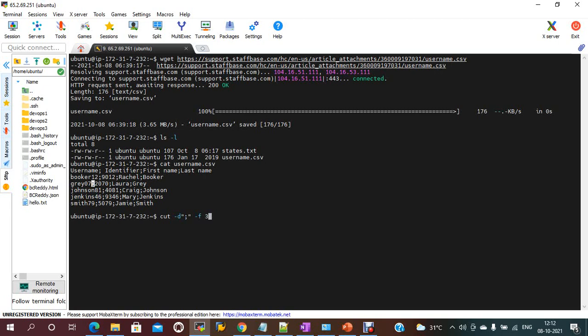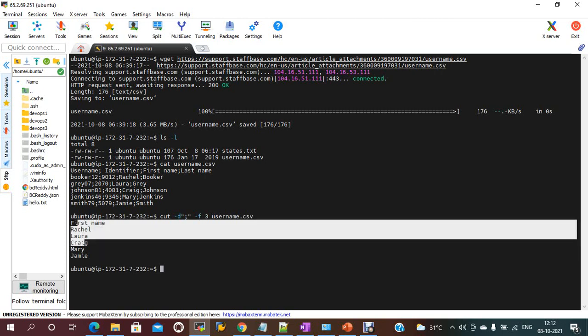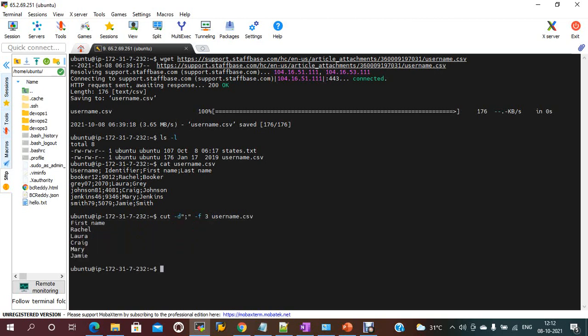The first one is username, the second one is identifier, the third one is first name. All the first name related information will come, and the file name is username. See, all the first name related information we got.